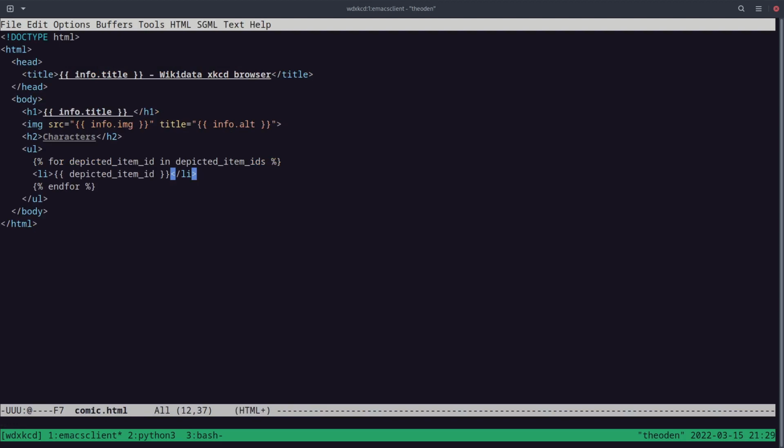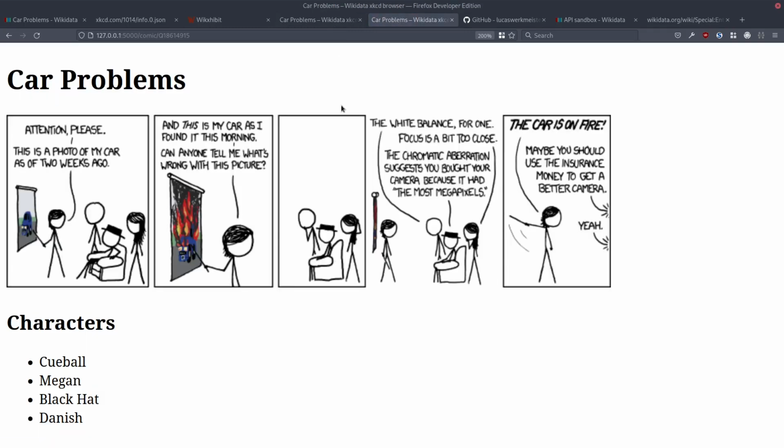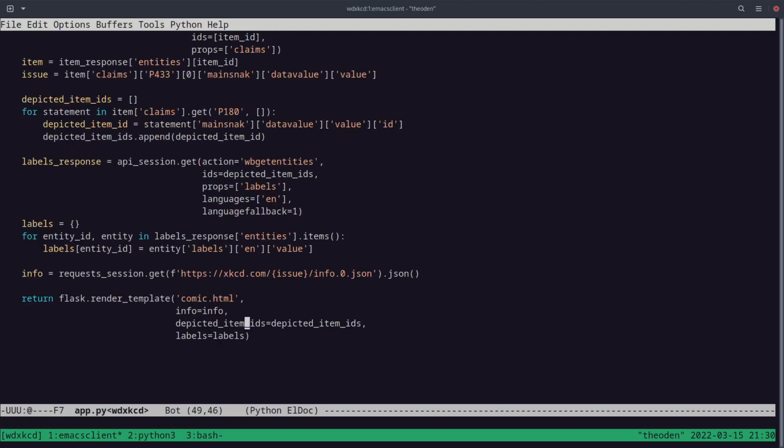And then we should be able to get the labels keyed with the item ID. And there we go. Now we have the labels of the characters. Yeah, with one API call,